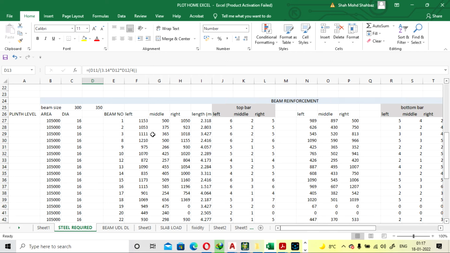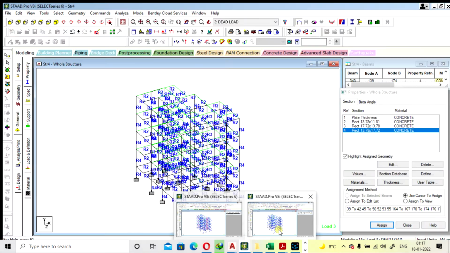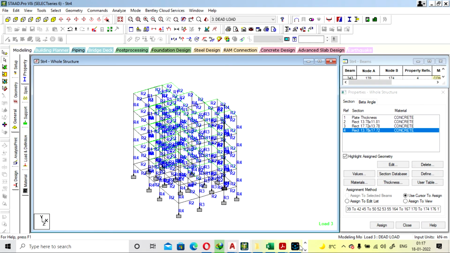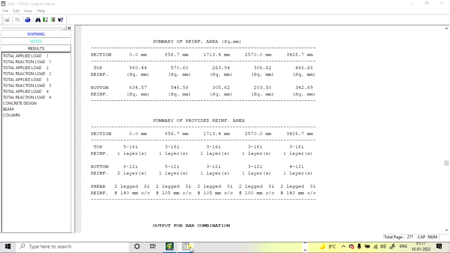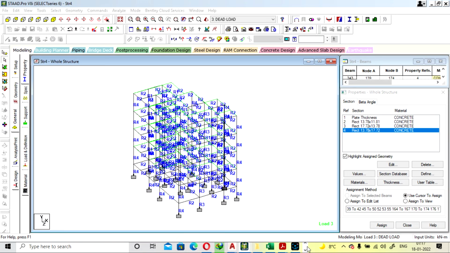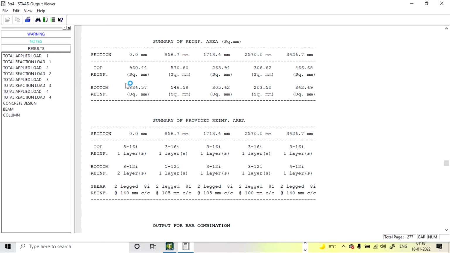Okay, and I have provided the steel area from this, from this, and after providing this, the left bar will be taken 960, right bar will be 466, and middle bar will be taken as the maximum of these three.